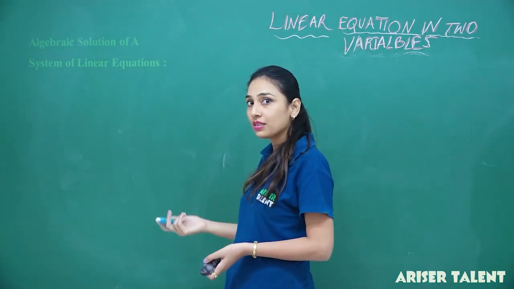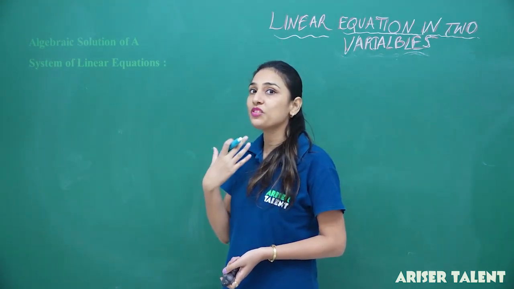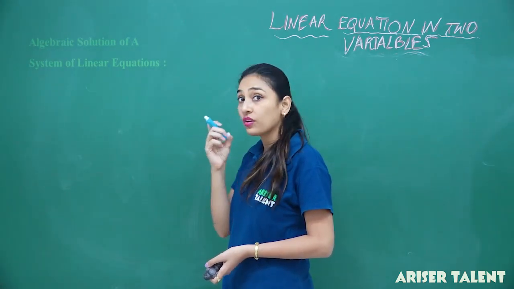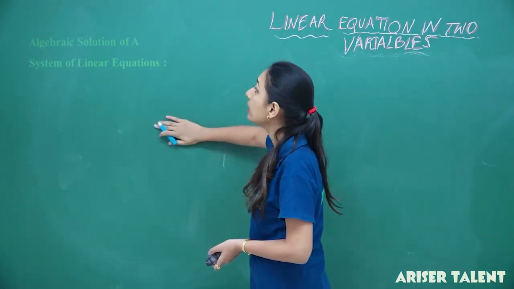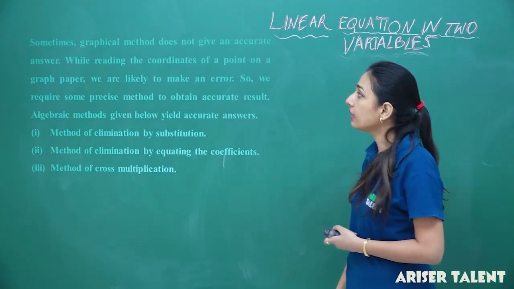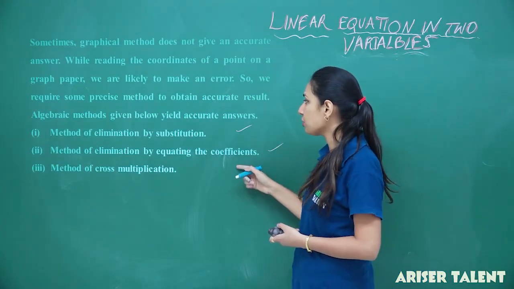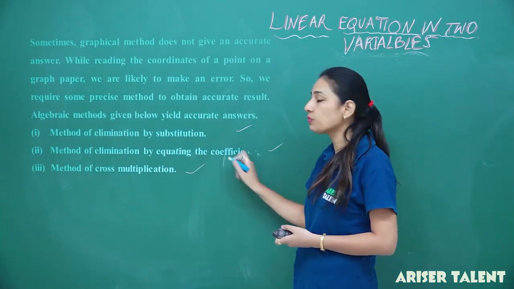Why algebraic solution? Because it's not always precise to solve the questions by graph. There are some chances of error, some mistakes. So, we will go with the algebraic solution. Now, we have these three methods: elimination by equating the coefficient, and the cross multiplication method,